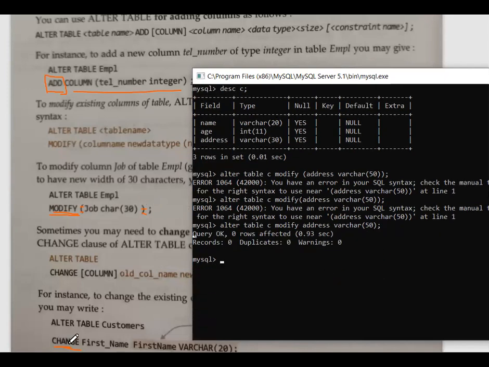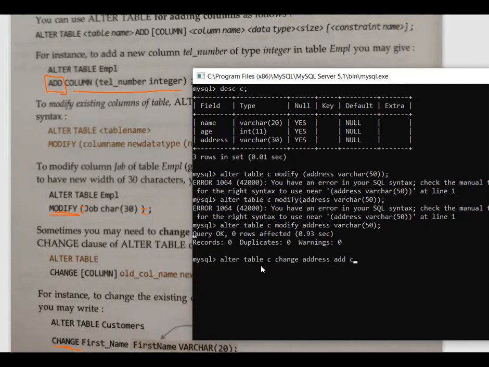Then the last is change. Now suppose this address you want to change to something else. So again, you will be using alter table C, then I will be using change. Now instead of address, this is my old name and I want to give a new name.